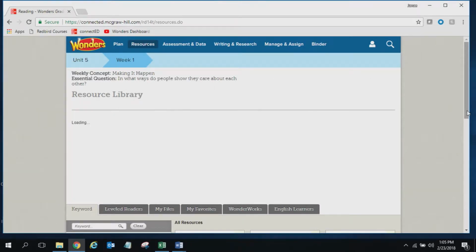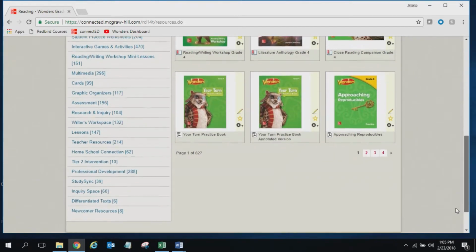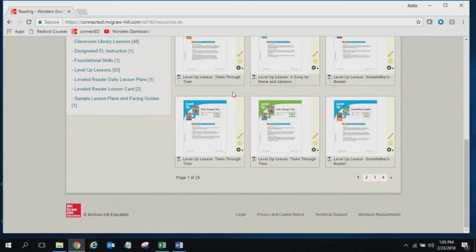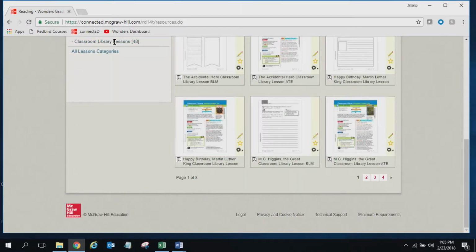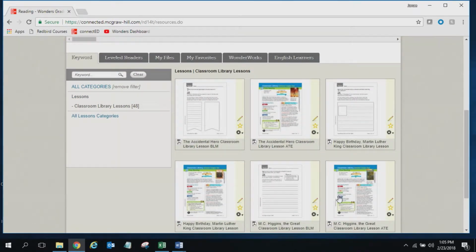So you'll go into that resource library, we spend a lot of time there, and scroll down into lessons. Underneath lessons, you'll have classroom library lessons. Within those classroom library lessons, you'll have a lesson plan: what's my close reading routine, how am I accessing that complex text, and you will also have some of those reread opportunities, like that close reading companion. Can you click on one of those? Those have already been done for you. Yeah, let me go to